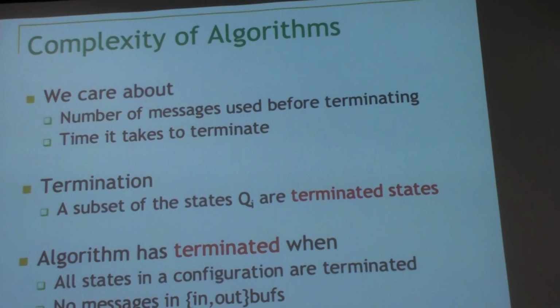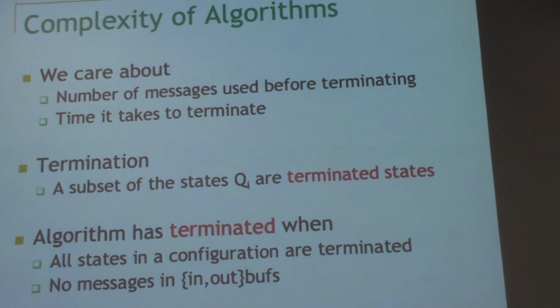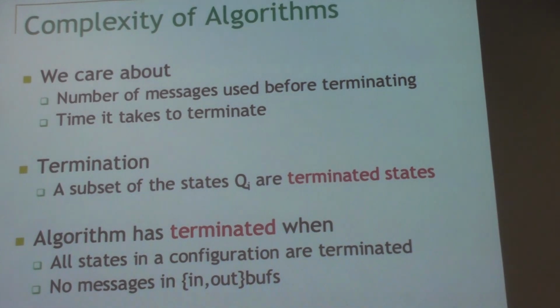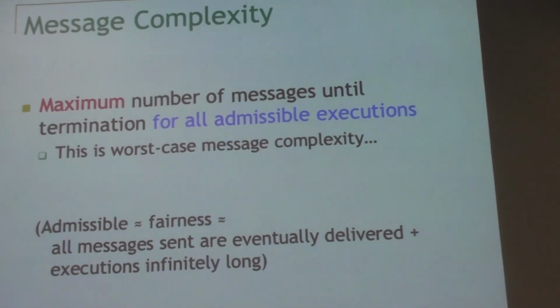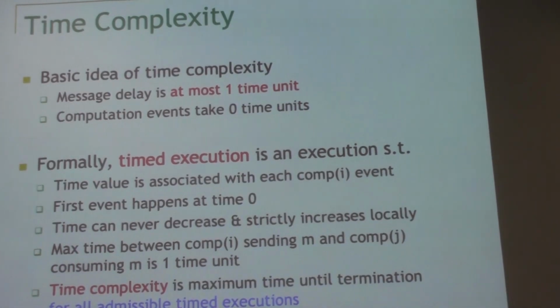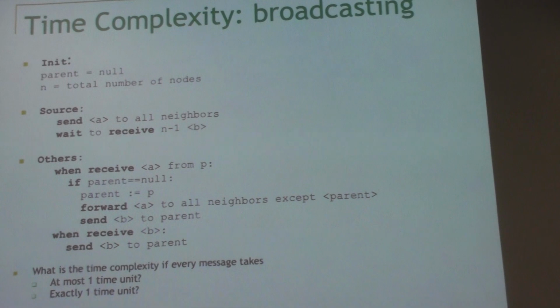Remember the paradox? So have you found solutions to it? Did you try to find a solution? Remember, when you have a time complexity, it means over all admissible executions you take the most. So it's not just one execution. It's the maximum time for all admissible timed executions. And we have this nice little algorithm here that does a broadcast. Simple algorithm. And I was asking you to show me how this can slow down when the messages go fast.